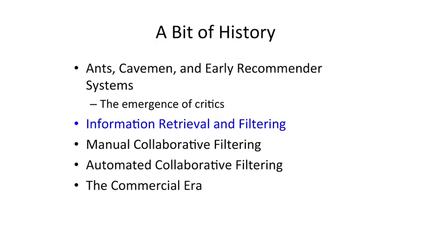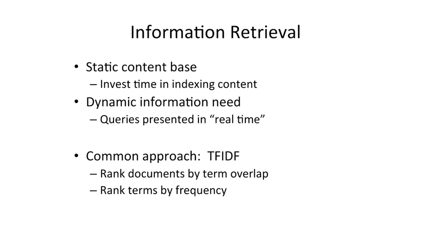But let's jump forward a bit further into the more present age and look at concepts of information retrieval and information filtering. Information retrieval evolved in response to the need to be able to ask questions about a large collection of documents. Now, much of the computing here was actually done because of large lawsuits that were being handled in the computer industry, companies like IBM. But the same technology applies to libraries and their card catalogs, or even to companies that are building indexes of the World Wide Web. The principles are the same.